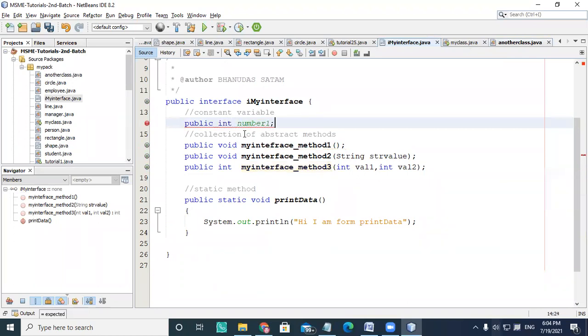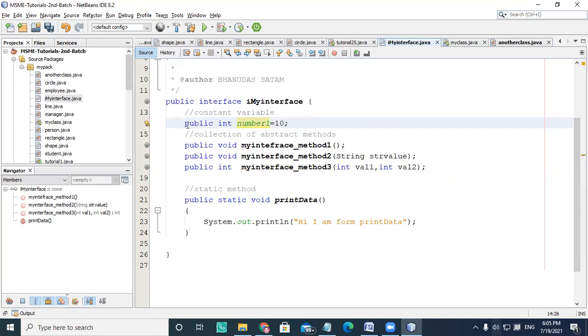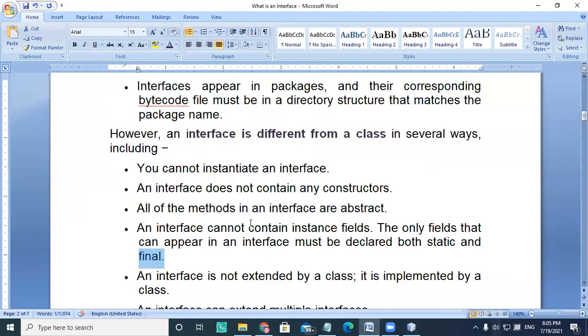It says a value is expected, so you should assign some value here, and you have to use the final keyword. When you choose final, anyone cannot change the value. Final means constant here. So an interface cannot contain instance fields; the only fields that can appear in an interface must be declared both static and final.